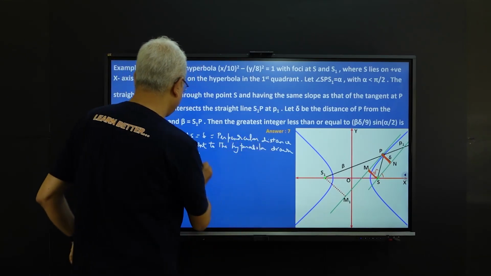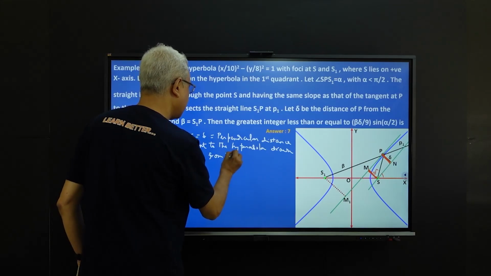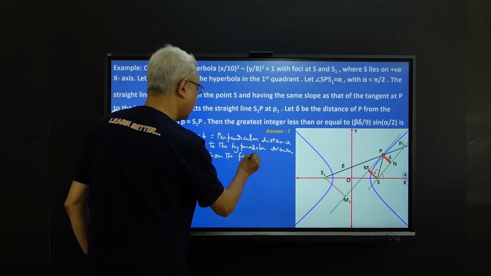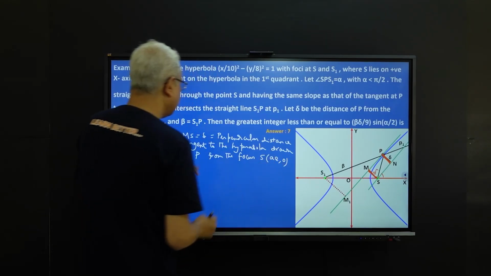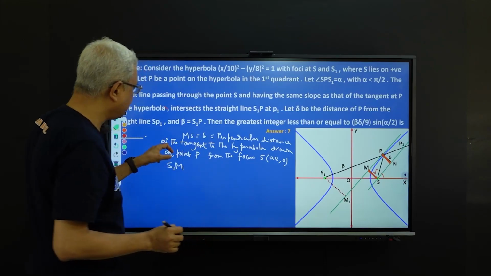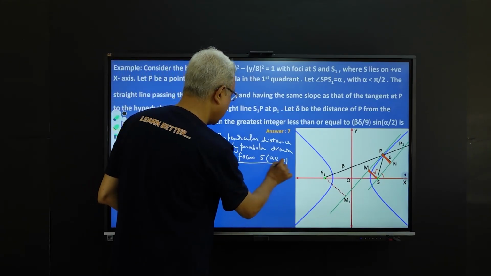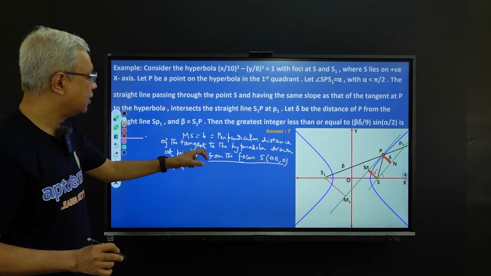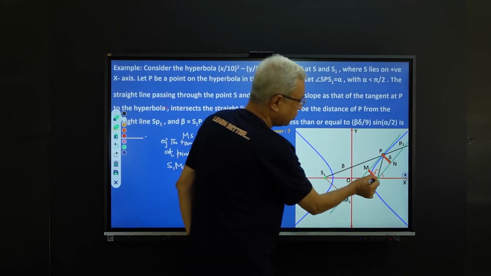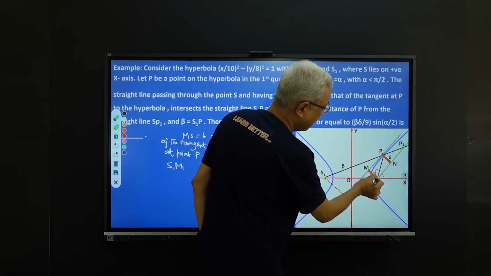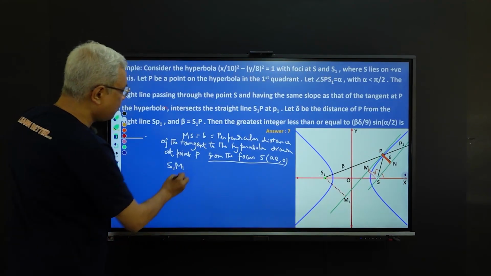Perpendicular distance from the focus S whose coordinate is (AE, 0). So the perpendicular distance of the tangent from the focus S (AE, 0) is MS. Okay, so from the focus I have drawn a perpendicular on the tangent, so this distance is delta. And S1M1 is actually